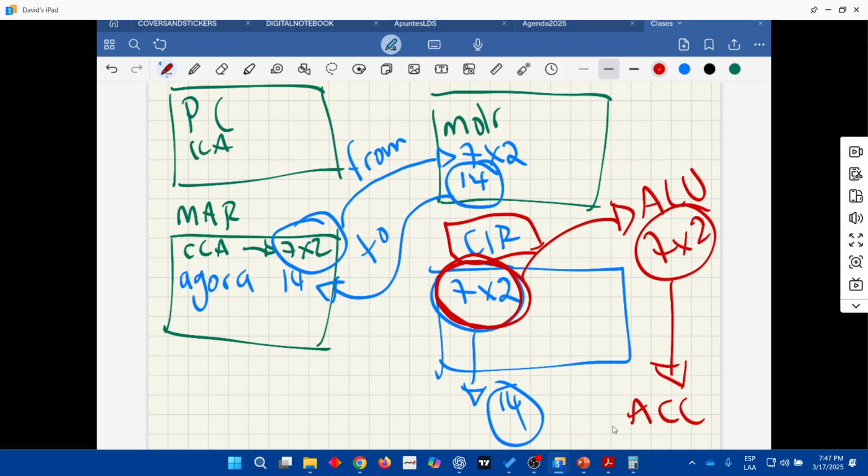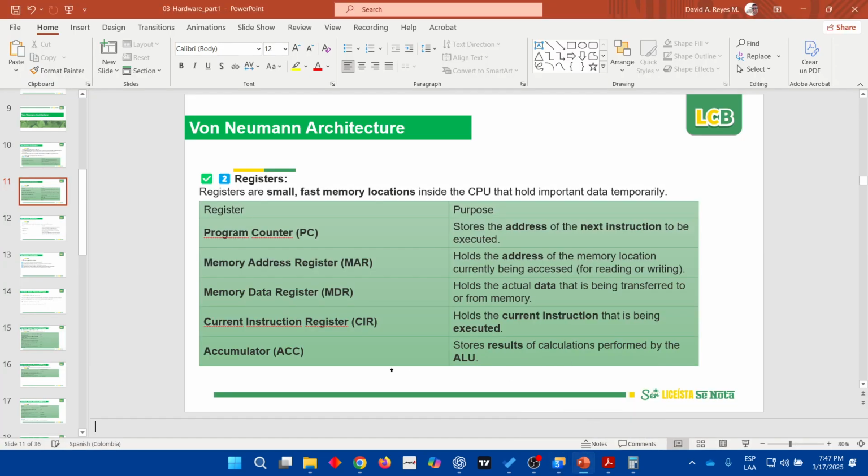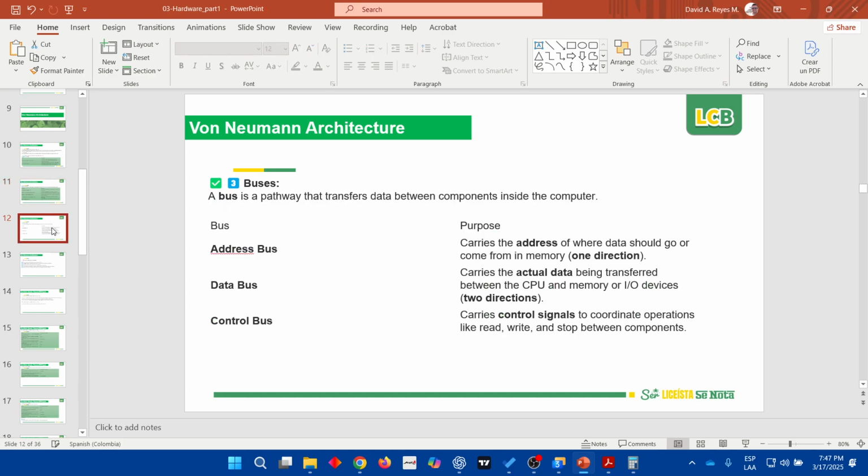Okay? So this 14 is stored here, the accumulator. Okay? So I really hope that this is being clear for you. That is the reason that I told you that this is the hardest topic here. Now,